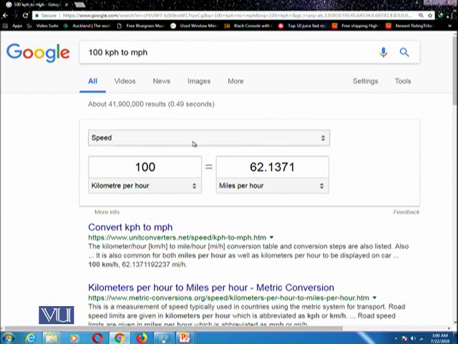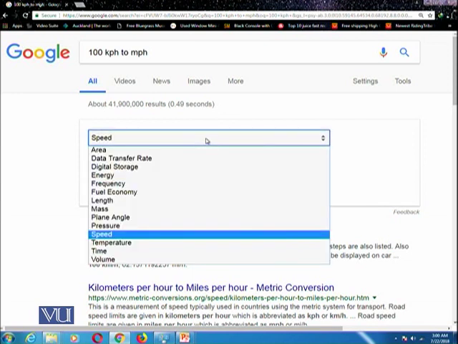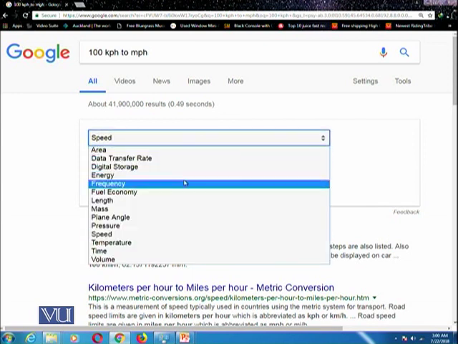It has given you again a sophisticated box, and that box has certain options available. First of all, it has understood your query and converted 100 km per hour into miles per hour. But with this sophisticated box, you have some other options.